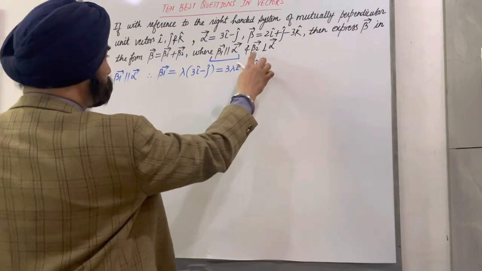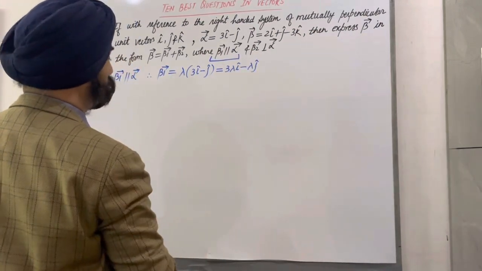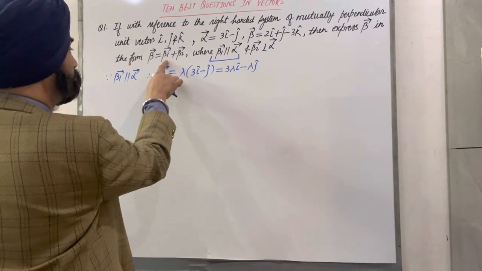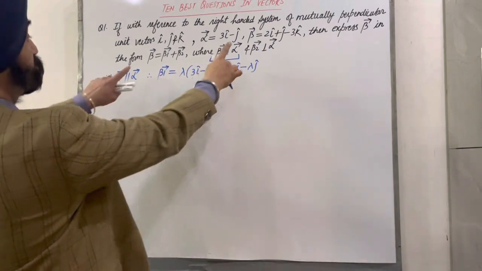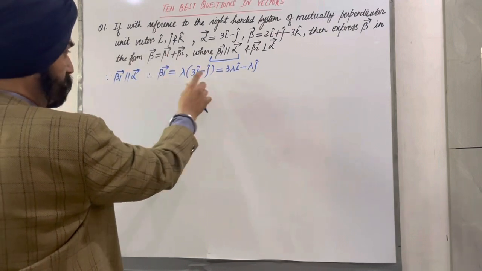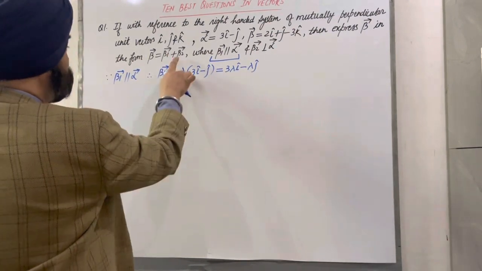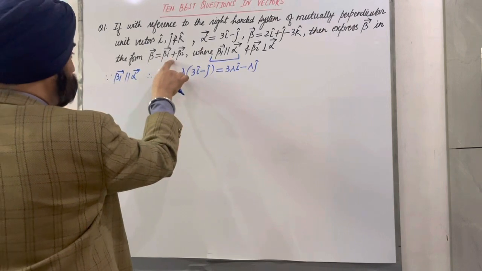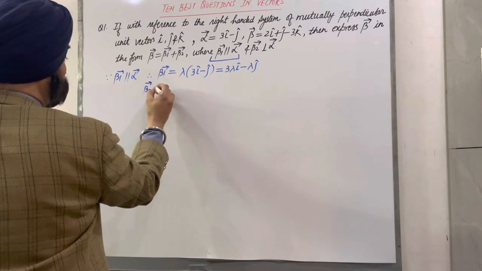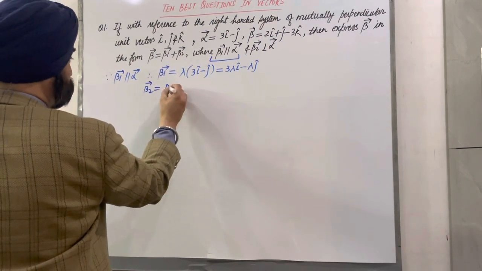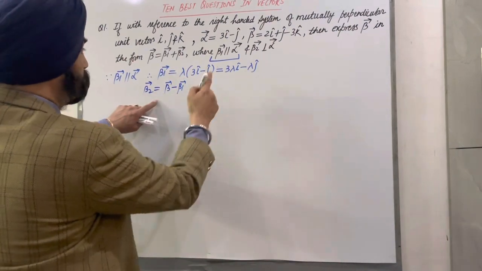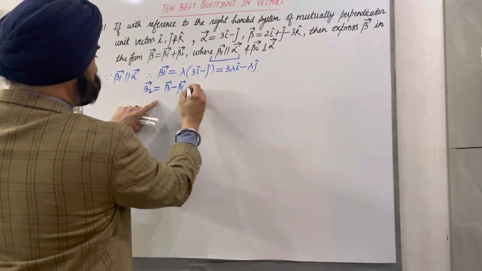Something about beta 2. Beta 2 should be perpendicular to alpha. Now observe, they're asking us to express beta as the sum of beta 1 and beta 2. Beta is already given to you, means this is known to you. Beta 1 you have written just now. Beta 2 can be written as beta minus beta 1. So from here, I can write beta 2 vector as vector beta minus vector beta 1. Vector beta is already given as 2i cap